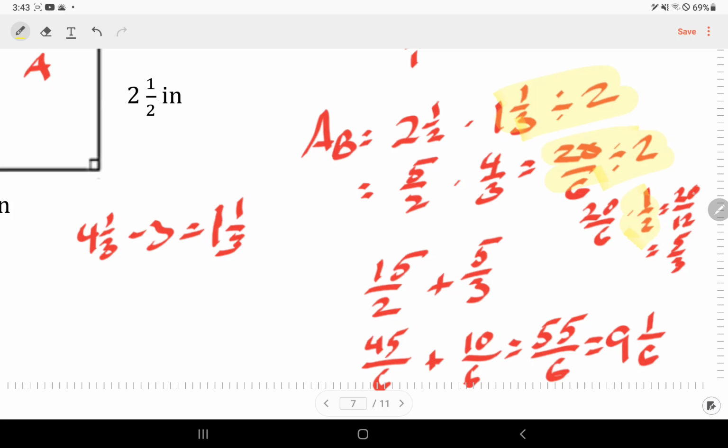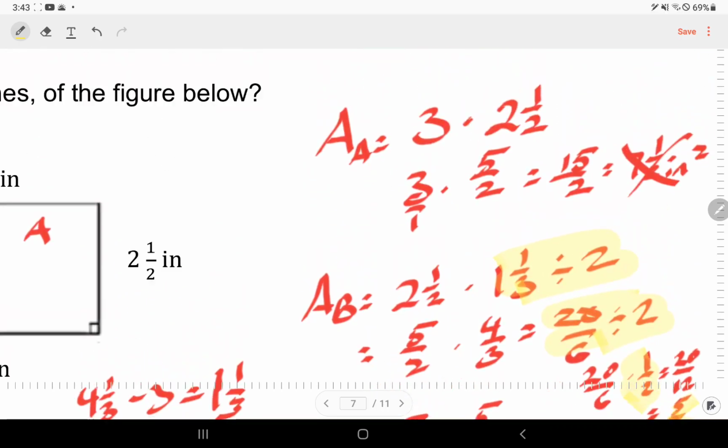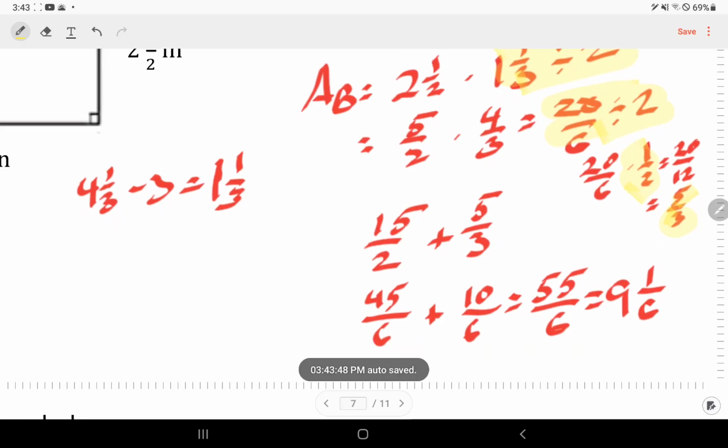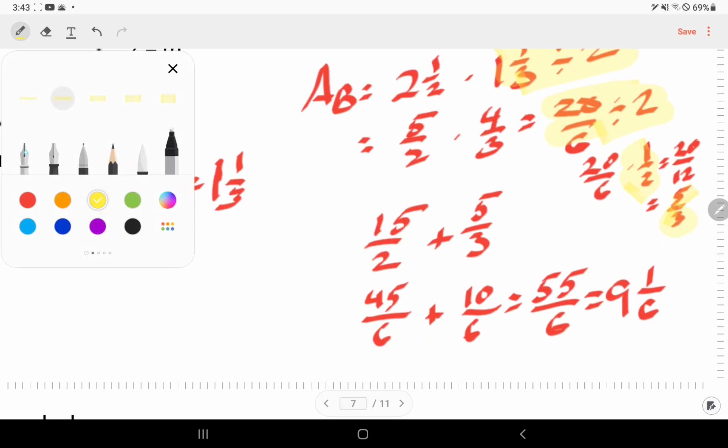Well, 4 goes into both 20 and 12. So 20 divided by 4 is 5. And 12 divided by 4 is 3. And so now I'm going to add my answer to the first one, 15 over 2 plus 5/3. And so